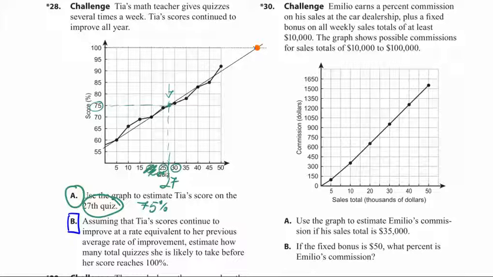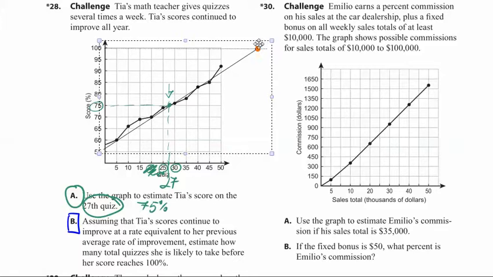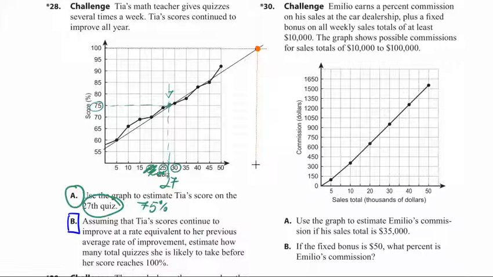To find what quiz number is that point in time, hold on, okay, you need to drop a perpendicular line to the x-axis, and by extending your x-axis there,